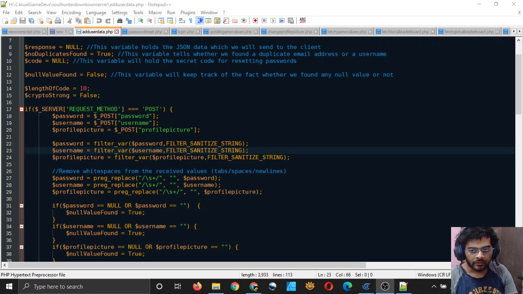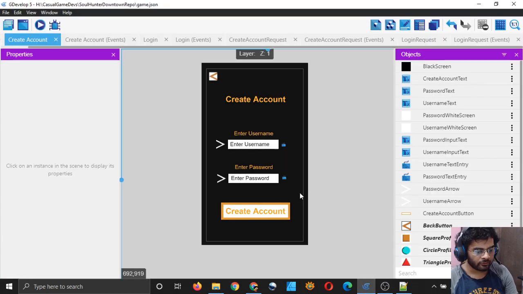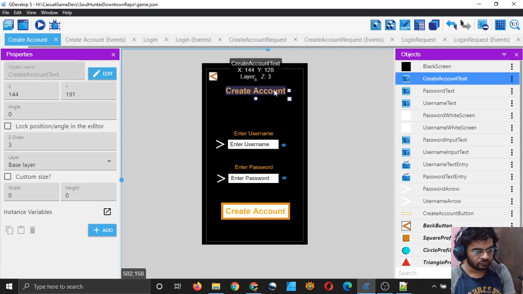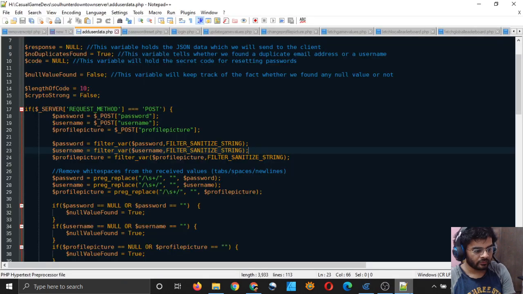So we need to add some way for the user to update their profile picture as well. We need to send up some value for the profile picture also from this screen. So how do we do that? Let me see.